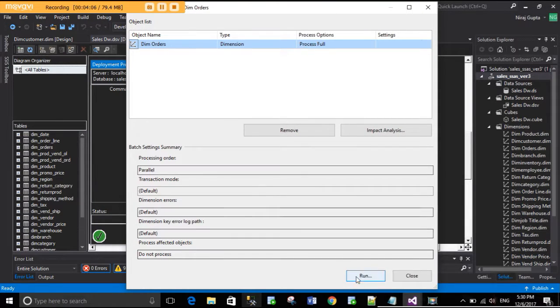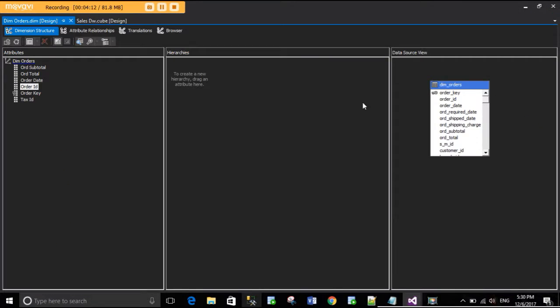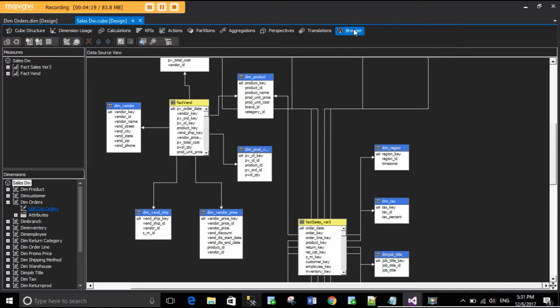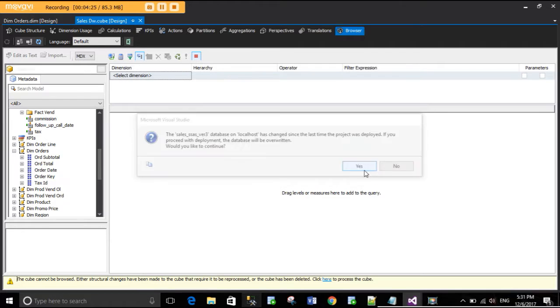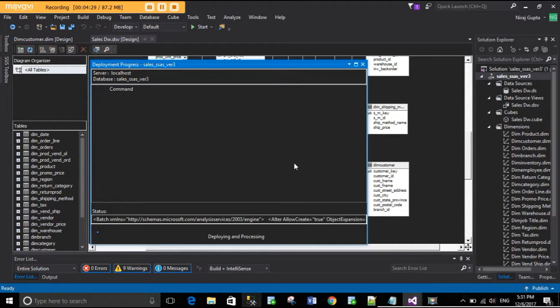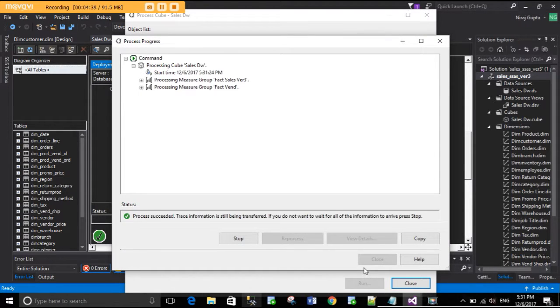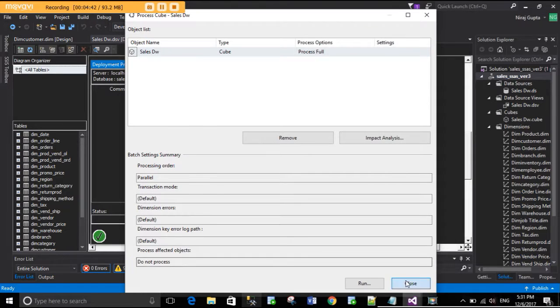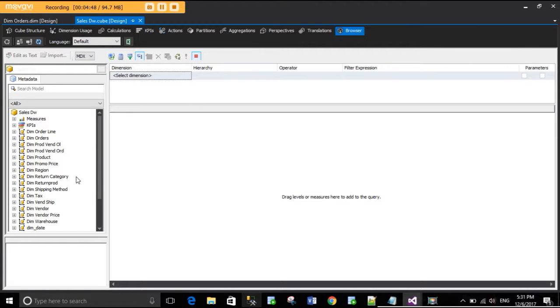Okay, now run the process. It succeeded. Close. Then if we go into cube and into the browser, see, since we did not process the cube, we have to do it again. Process the cube. Let's wait for it, and now again let's run it, and it processed it. Now close that, and the window will be reloaded. So yep, now let's see if we got the